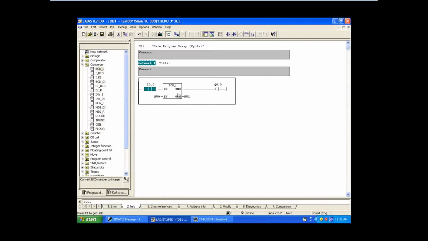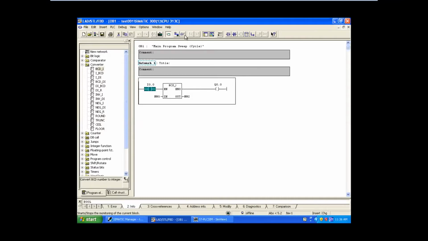And that EN is also one of the inlets, correct? So two inputs and two outputs for this block. EN is nothing but a block input, so you need to connect this I0.0 to EN, and ENO is the output enable. So Q0.0, I'm just connecting with the output, right? So I'm going online.